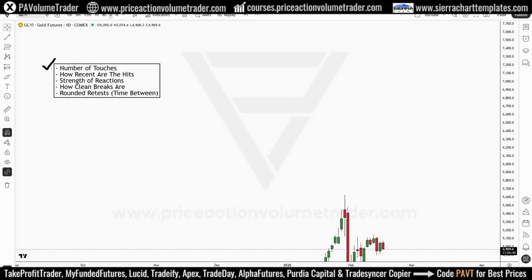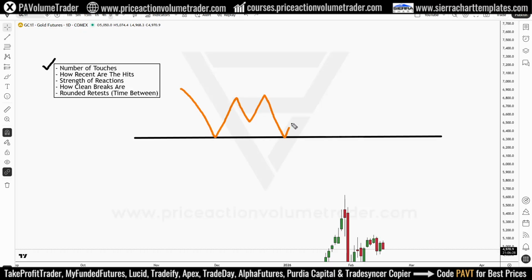So if we have a level like that, and then we start getting some nice tests, but then we break and we start respecting this level as well from the other side. This for me adds validity to the level because I can tell that,